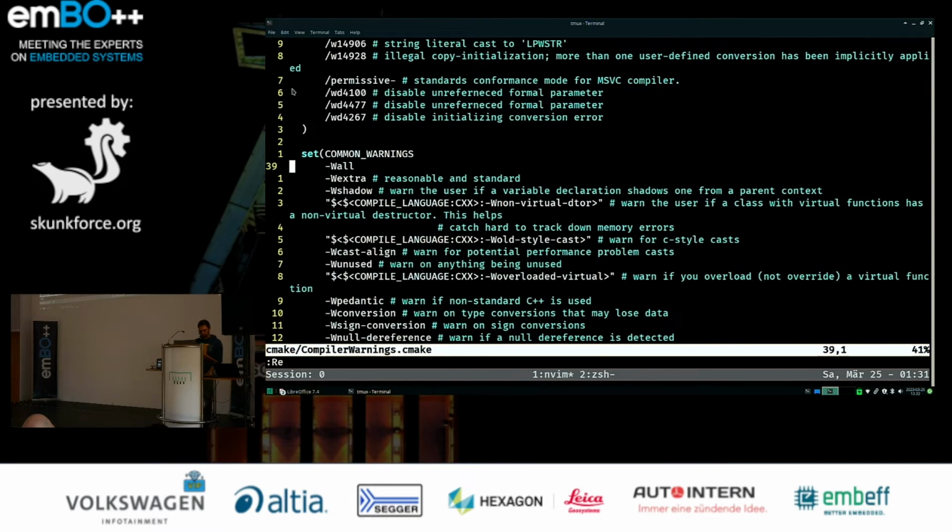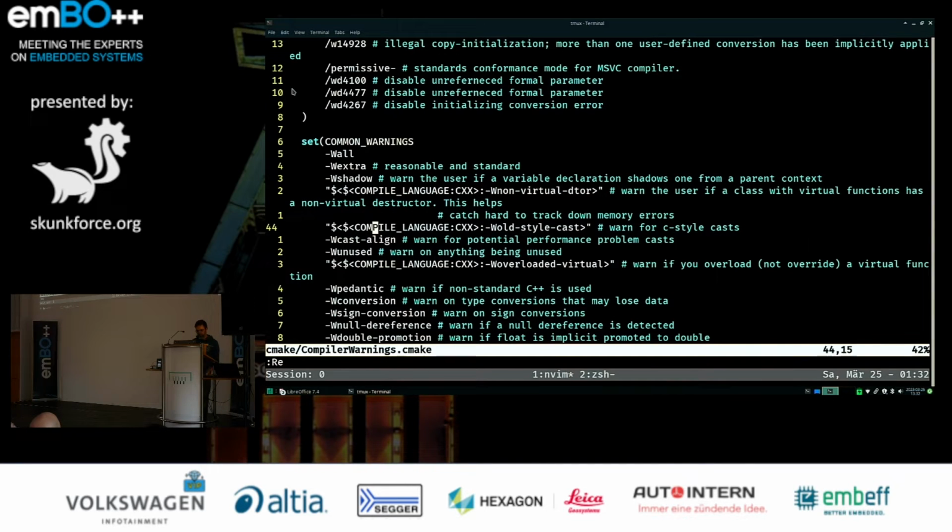It's just setting all compiler flags. Then, of course, as I used FreeRTOS, CMSIS, and all the libraries, I need to compile assembler, C code, and C++ code, and not all of the compiler flags can be added to the C compiler. So I used generator expressions just to add specific C++ warning levels to